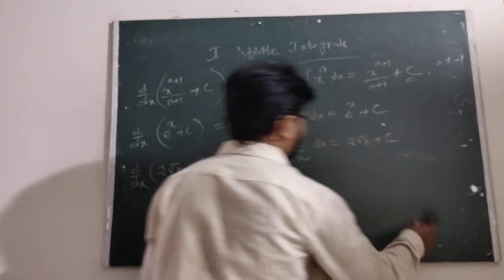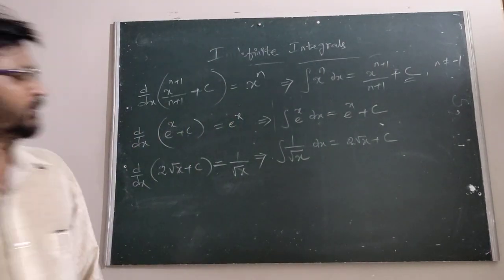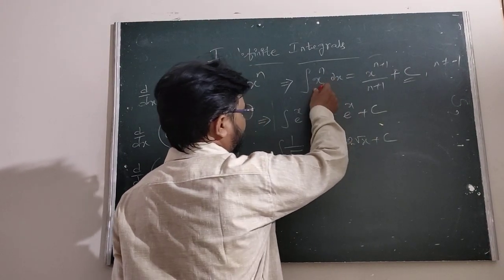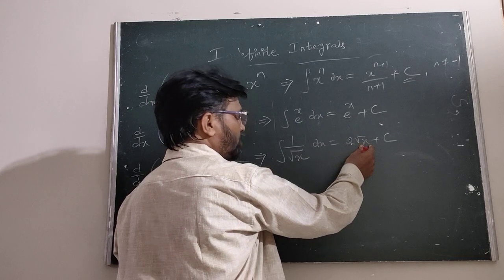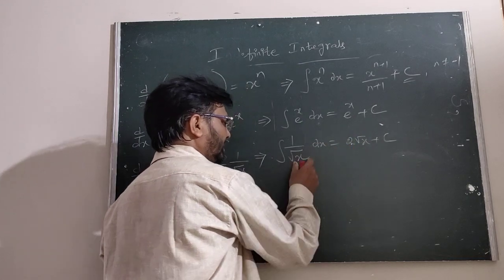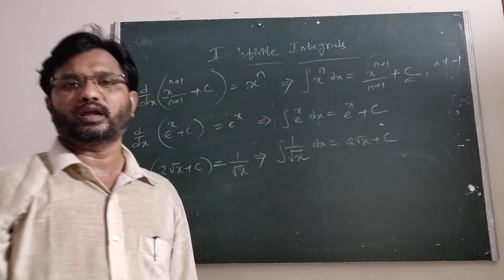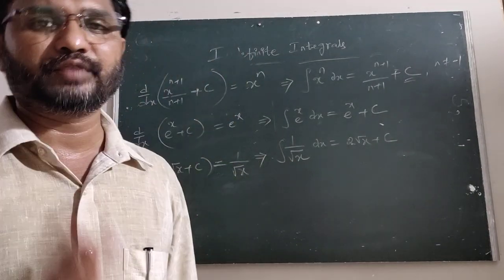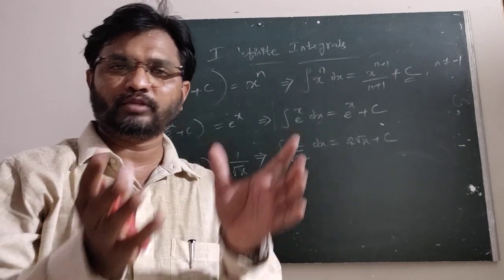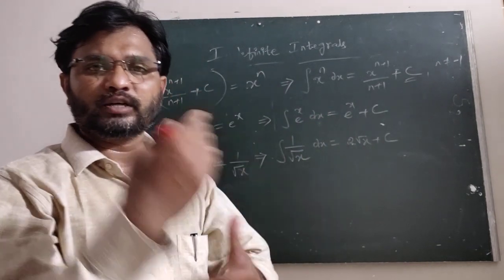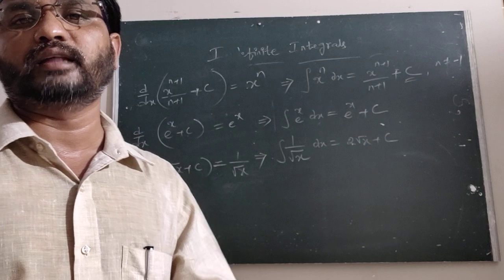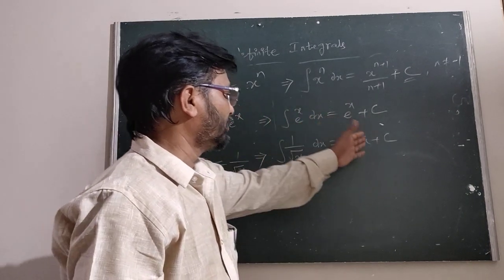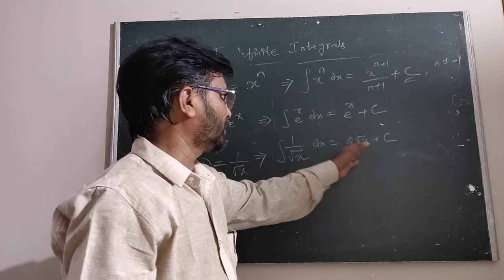Therefore, we can write, suppose you forget, again you can take the derivative. The derivative of e power x is this one. Then find the derivative of this one, we are getting this one. The derivative of root x is 1 by 2 root of x, the 2 cancels, again getting this one. This is the simple logic, the inverse process of differentiation. Is it clear? The inverse process of differentiation is called integration. The e power x derivative is e power x. The derivative of root x is 1 by 2 root of x, the 2 cancels.